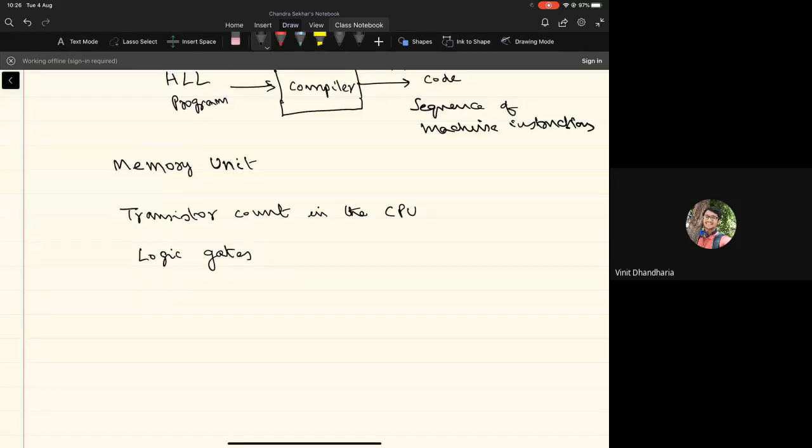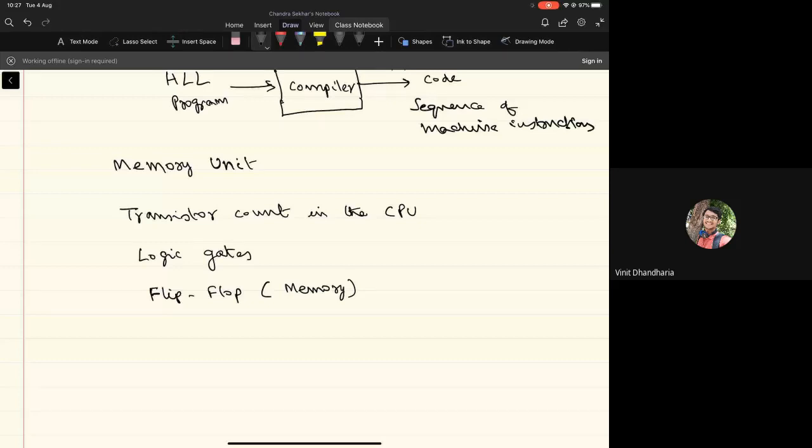Whereas the control unit and the memory unit will typically be using a different type of circuit element, called the flip-flop, which is actually the basic circuit element that has memory. Memory basically remembers the past and uses that history in generating the next output. Again, we'll be going into the details at a later point in the course, right? But flip-flop is the basic element in the memory unit.